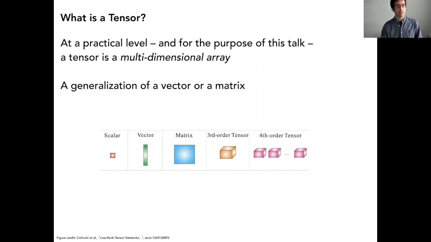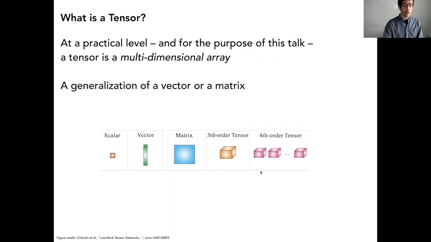And so in that sense, you can view it as a generalization of a vector or a matrix, or a scalar even. So you can think of a scalar as a 0-order tensor, a vector as an order 1 tensor, a matrix as an order 2 tensor. So then naturally you could keep going. If a matrix is like an array of numbers, then you can have a 3rd-order tensor, which is a 3D array of numbers, and then you can have a collection of these, which would be a 4th-order tensor, and so on. And we'll see in a minute that this gets very hard to draw around order 4, even 3. So we'll see there's a nicer way to draw these, which is mathematically useful, called tensor diagrams.